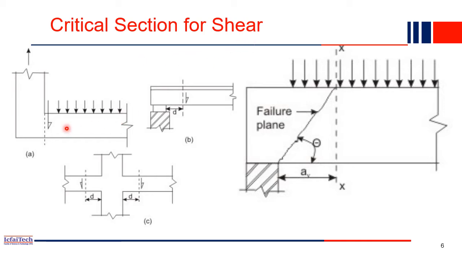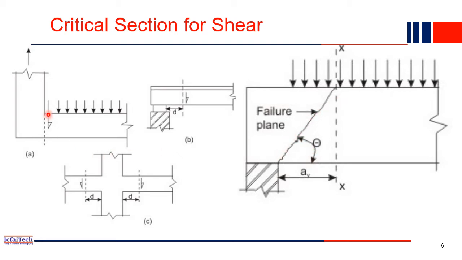Normally, at an angle of 45 degrees, the cracks will happen. That is the failure because of shear, and shear failure will always happen near the support. Why near the support? Because from the shear force diagram we saw that shear force is maximum near the support, right? That's why the shear failure also happens near the support. Inclined cracks will develop near the support from the bottom corner, going at about a 45-degree angle, and the failure will happen.